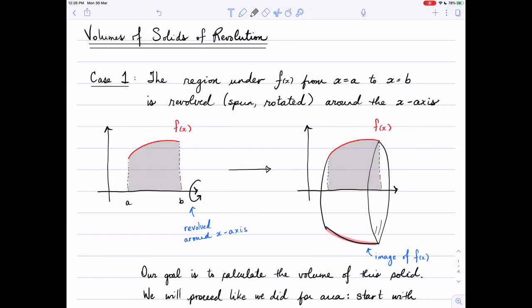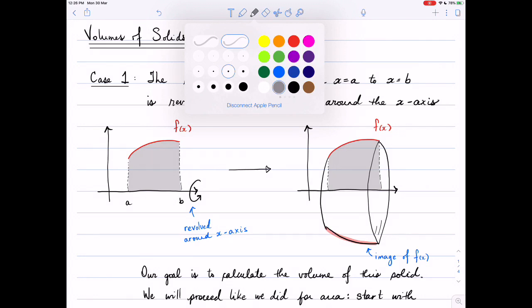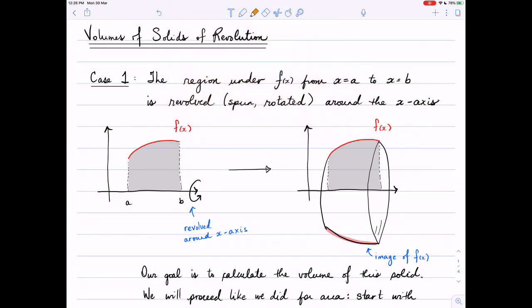In this video, we're going to derive the formula for the simple case of a volume of a solid of revolution. And so the first thing that we should do is make sure that we understand exactly what a solid of revolution is. So we're going to look at this case here, case 1, the simplest case, and we are going to look at the solid that is created by taking the region that is under the graph of f